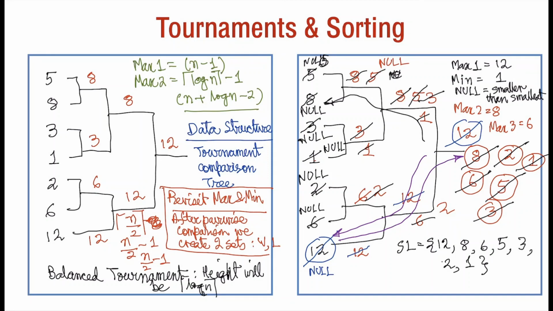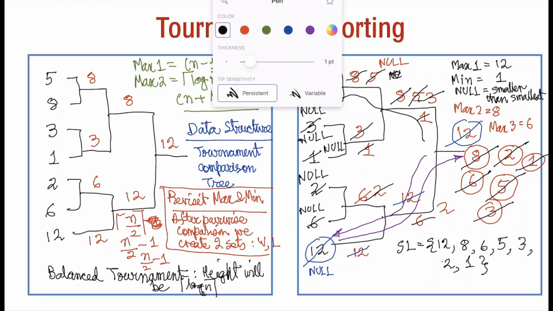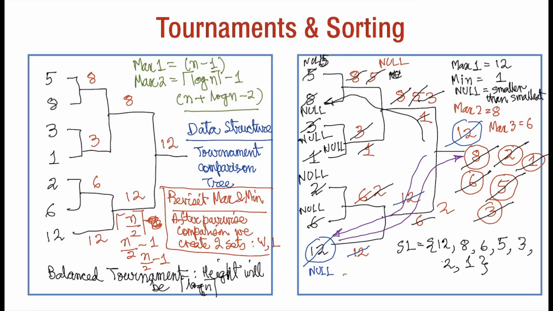So we have been able to do sorting, and how much did we require? We required our complexity here for sorting. The total complexity which we had was n minus 1 for development of this tournament data structure, because we required n minus 1 comparisons, and we have seen that this tournament data structure, whether it's balanced or unbalanced, will require n minus 1, and we created this balanced data structure, and at every step we required log n comparisons to find the next value. So we required log n comparisons to find the next value,